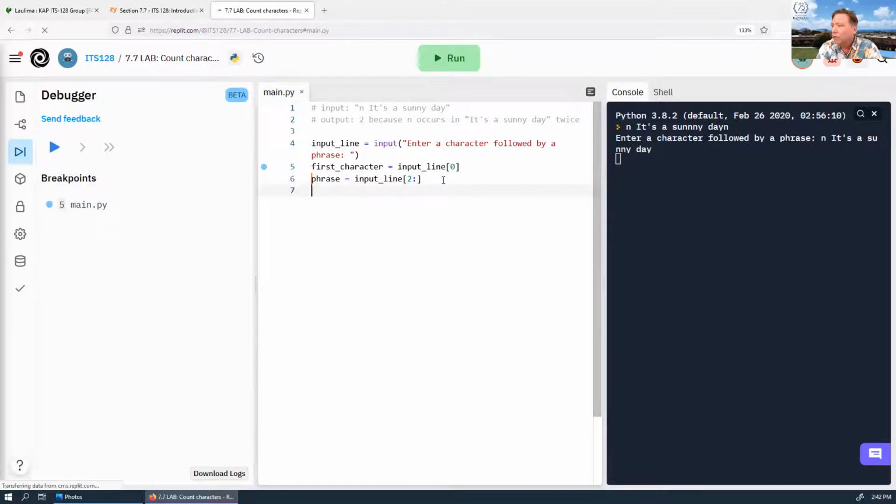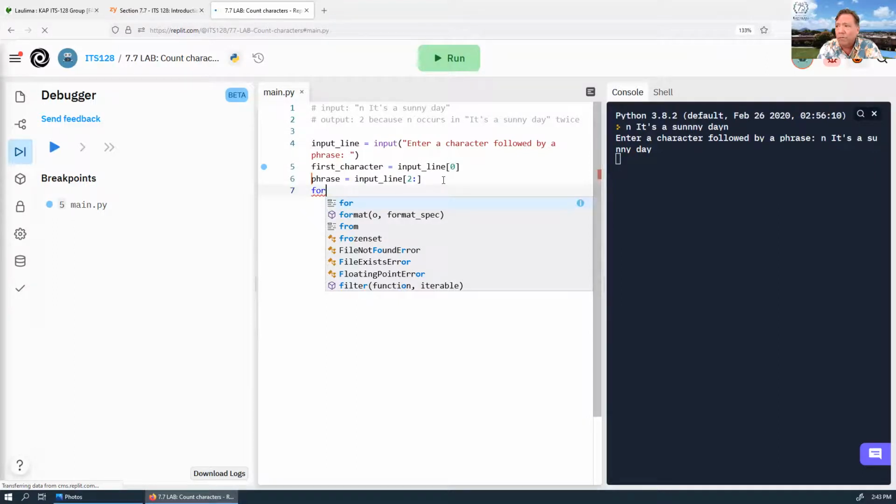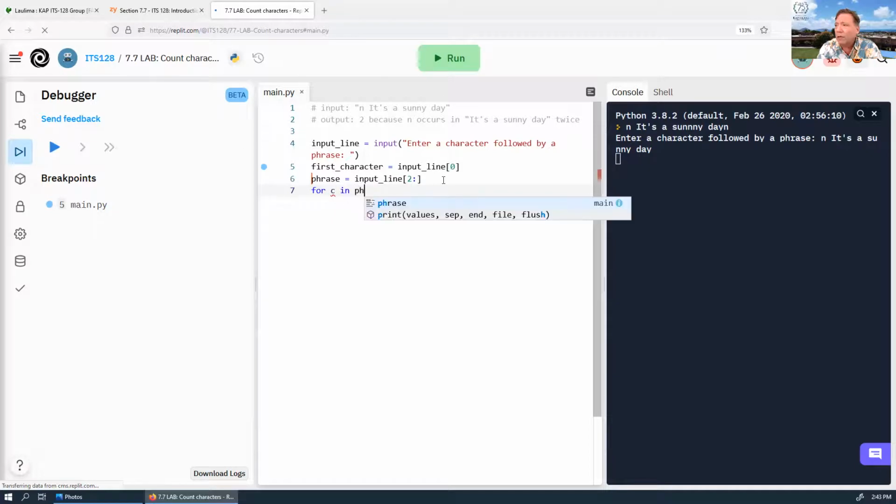Okay, so we have the phrase, and then we want to count the number. So we want to loop through the phrase, we want to look at each character in the phrase. I think we can do if character in phrase. I think this will work. For each character in the phrase,